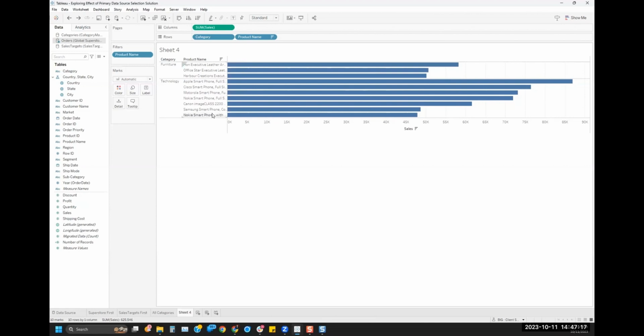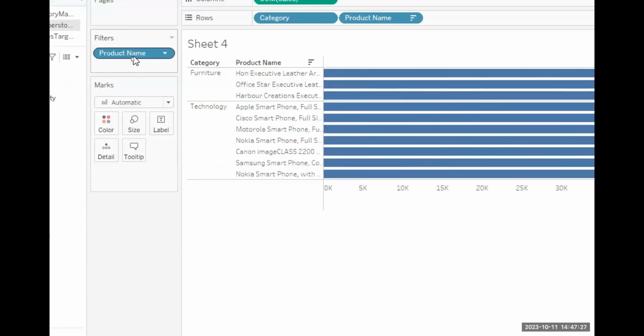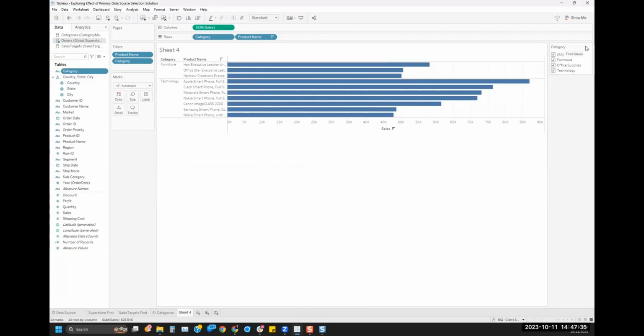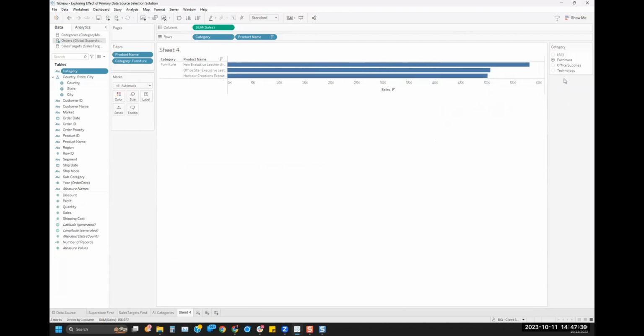So what we can do is create a context filter that's going to apply here. Now, someone might think the reason it's doing that is because the top 10 filter is based on product name. So if I show this filter control here, and adjust this, you can see that I'm only looking at one category at a time.